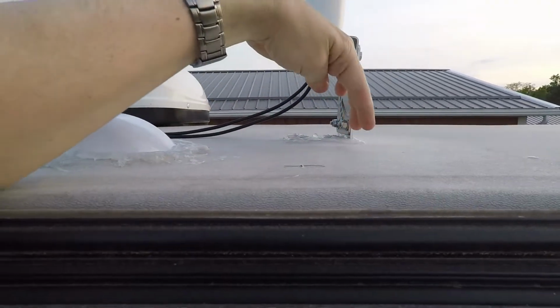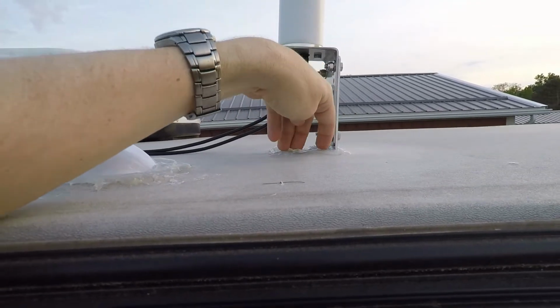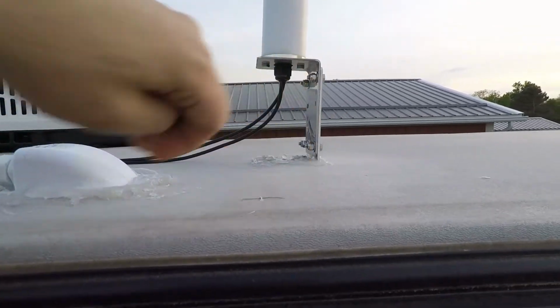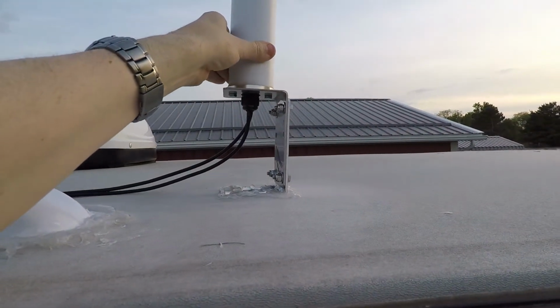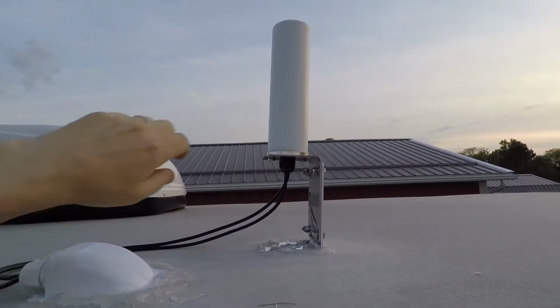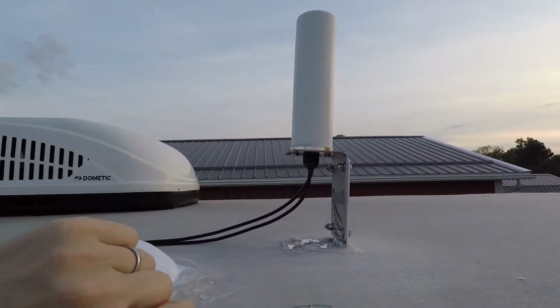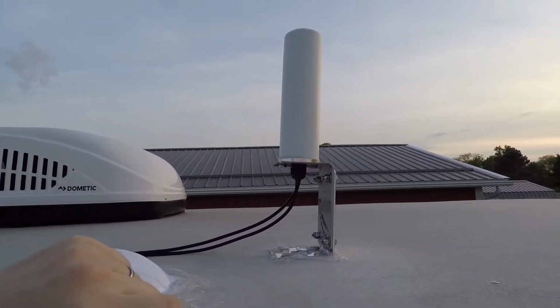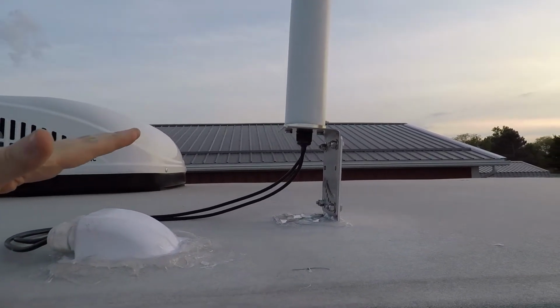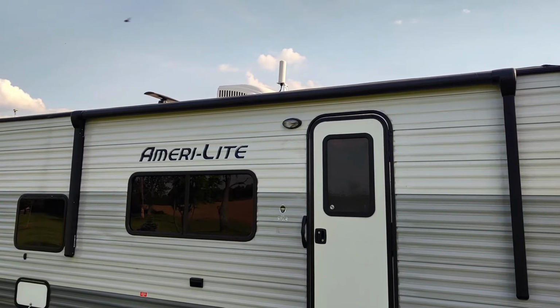I used a stud sensor to determine where the edges were, and I had plenty of width here, good solid wood base to mount that into. So this is really nice and solid here. I'm not worried about wind or anything, as well as the fact that it's not terribly large, and this is rounded, so I don't think it's going to catch wind too much, and we never tow too fast anyway. So that's the antenna up top, and now I'll take you inside and show you what I did with the